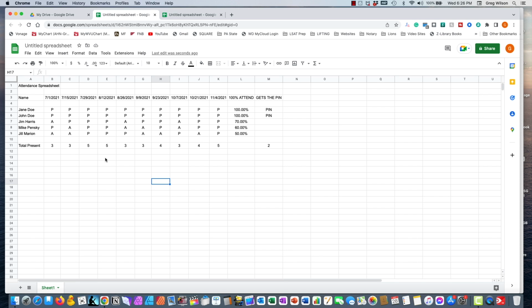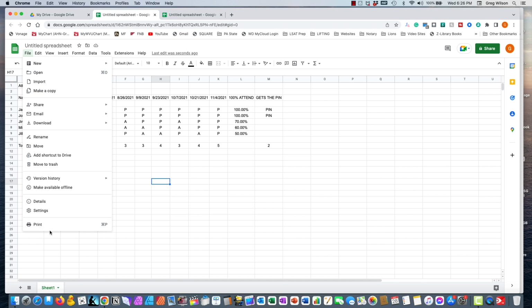So there you have it. That's how you do an attendance spreadsheet. On Google Spreadsheet here, on Google Sheets, which is free, you can come up here, see it says rename. You can double click that, give it a name, and it will send it right to your drive. And then you can print it up here. If you say print,